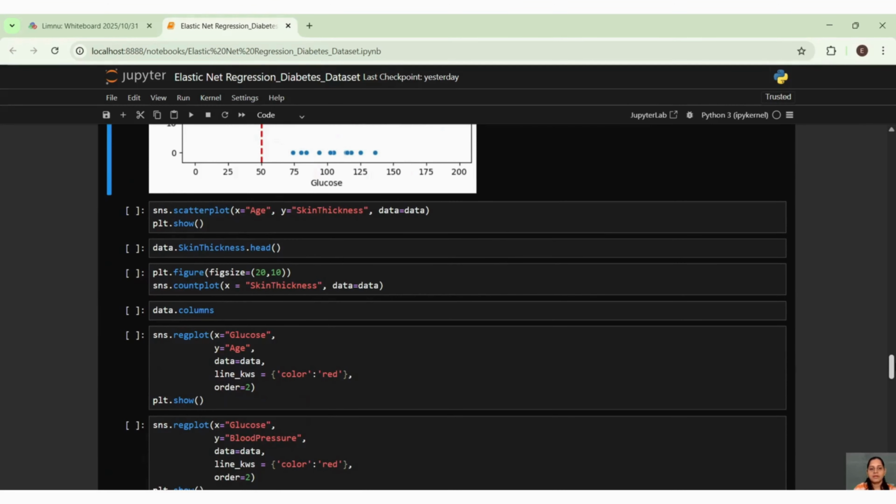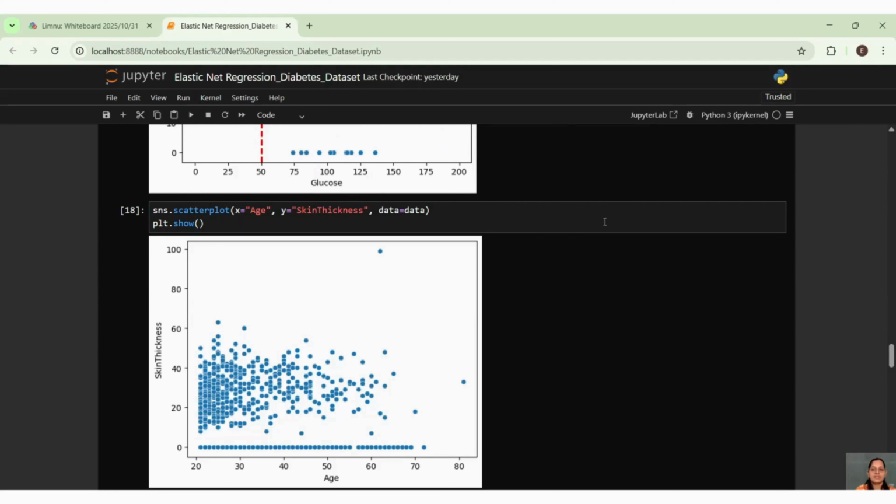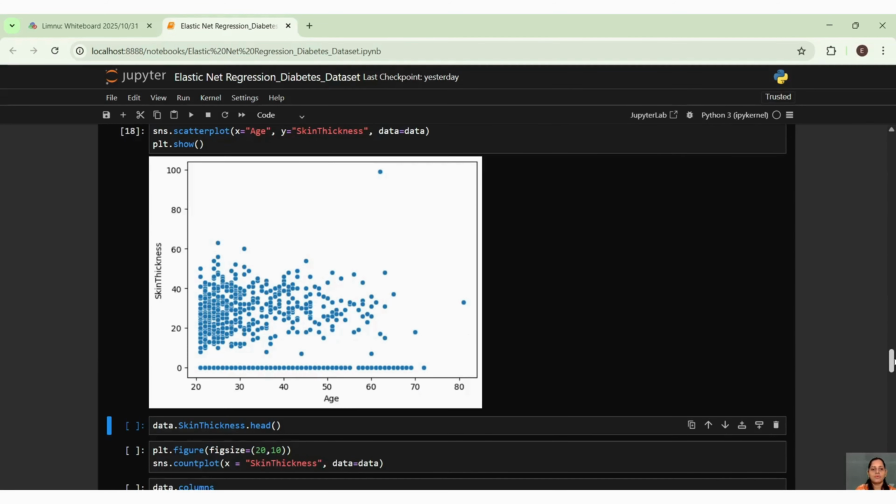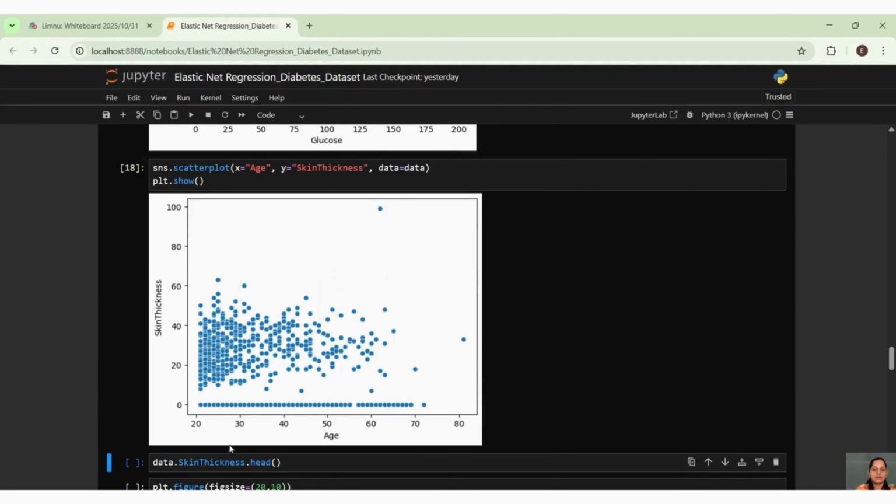Then I want to see age and skin thickness. So I can see that the thickness of skin has been taken for all age groups, and it started from 20 towards 80.